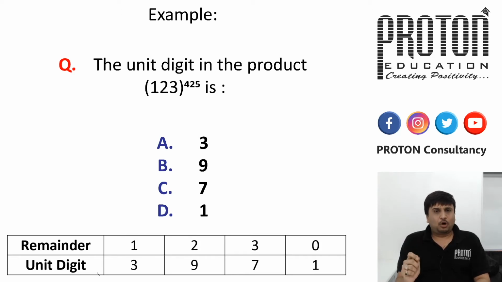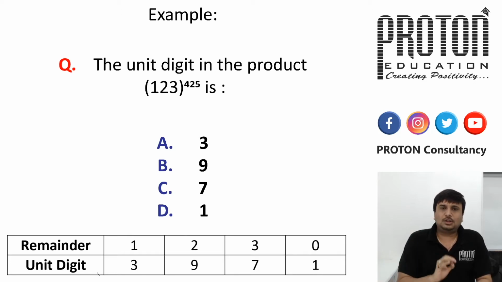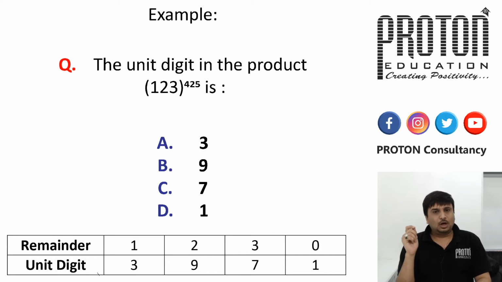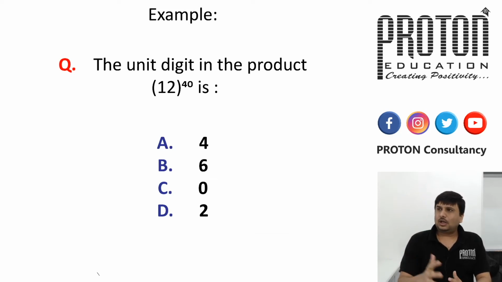Remember one very important tip. For finding the unit digit of a number, we need to check with only the unit digit, as the last digit is evolved from only the last digit of that number. In this case, it is 3. So here the answer is 3, as the remainder was 1. Remember the formula always: power divided by the cycle, and whatever the remainder is, that will fetch you the answer. Let's look at another example.